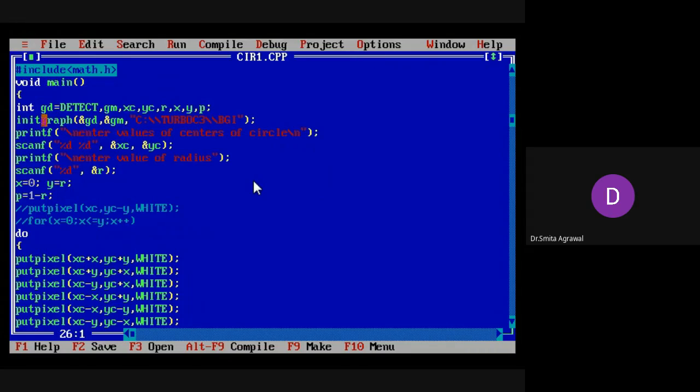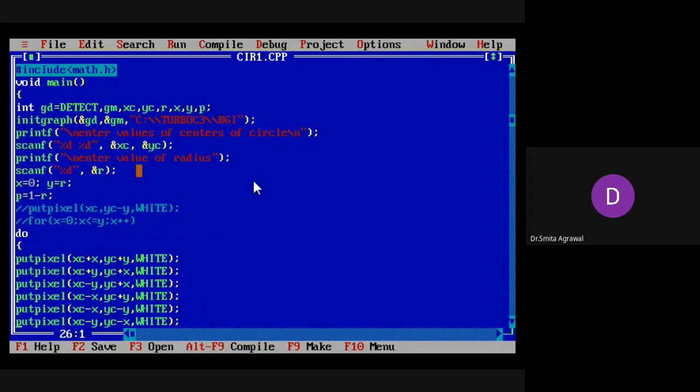In the next step, the initgraph function is used. Then we will use a printf function, and by using it we are reading the values of the center of the circle into the variables xc and yc.